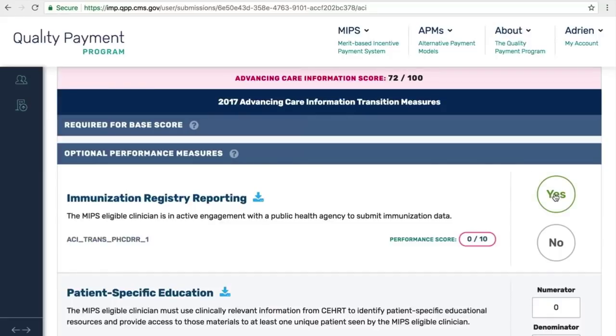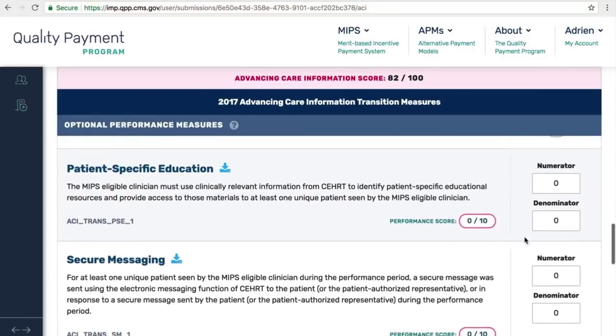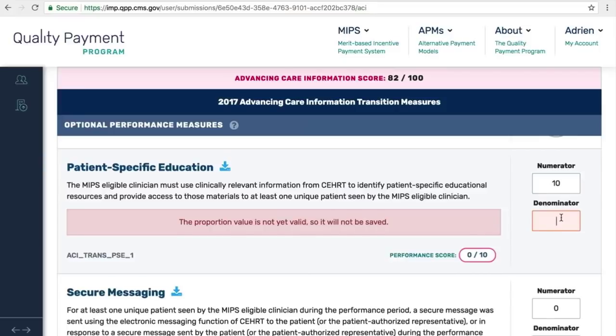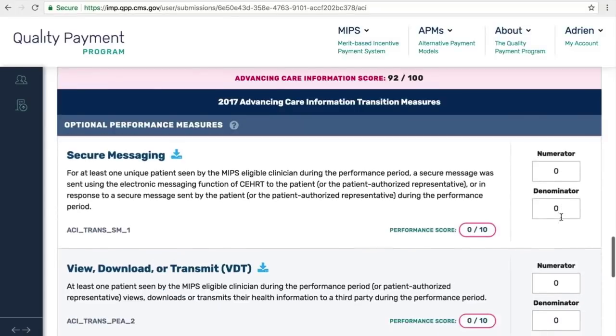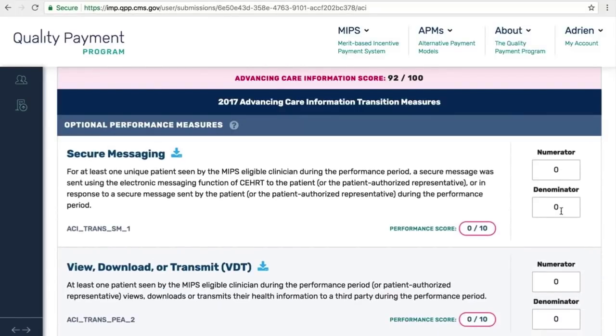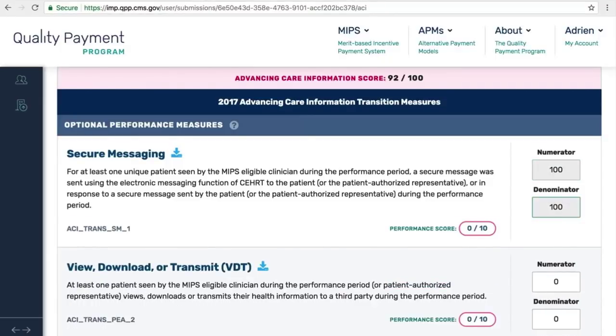I'm going to click yes. And now this measure is going to be scored in real time because we've completed the required measures for a base score. Next measure is patient-specific education. And now secure messaging. Now when I complete this measure, I will have achieved a maximum advancing care information score